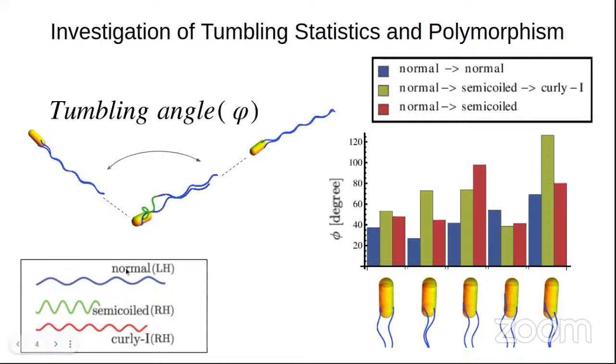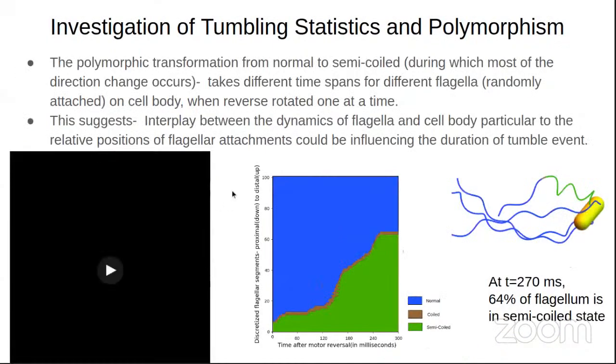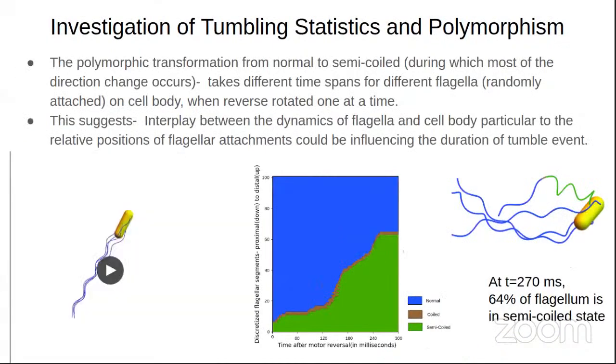You can see these normal, semicoil and curly forms are actually the same contour length, but because of the different pitch and the different radius, they look different, shorter or longer. Yeah. So next, next is